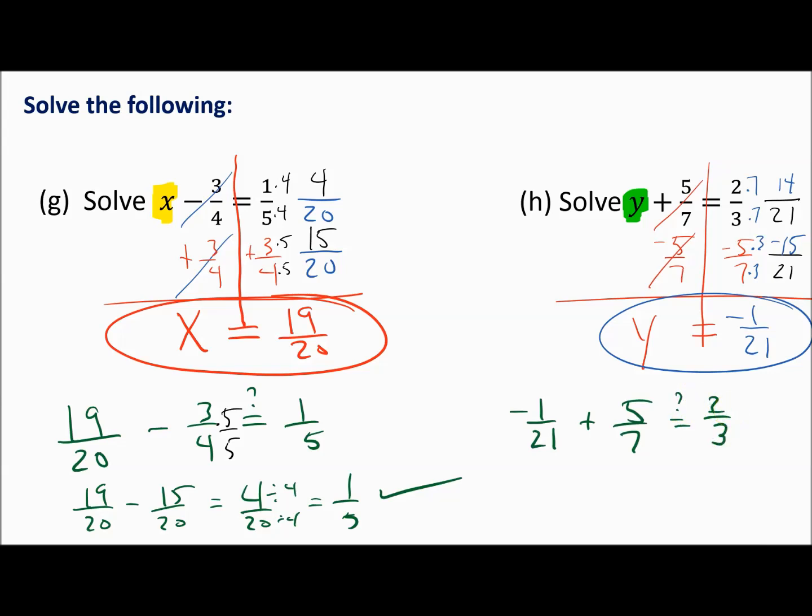I need a common denominator to add these two fractions together. The common denominator is 21, so I'm going to multiply the second fraction of 5/7 by 3 over 3. That gives me negative 1 over 21 plus 15 over 21, which gives me a negative 1 added to a positive 15 is 14 over 21. These can both, each numerator and denominator, be divided by 7, which will give me 2 over 3, so it